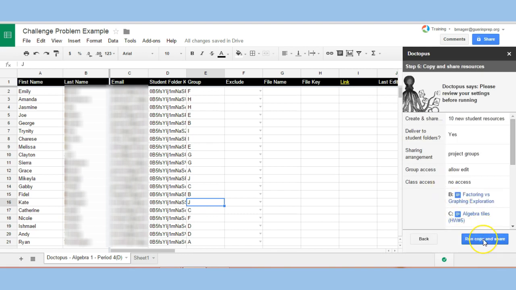And then at this point I can press run, copy, and share, and Doctopus will make 10 new documents. So I have 20 students, it's going to make 10 documents, one for each table, and the same links will come here. So I can see the file name and the file key for each student, but it will be the same file name for any pair. I'm not going to press run, copy, and share because I don't want them to get this document right now,